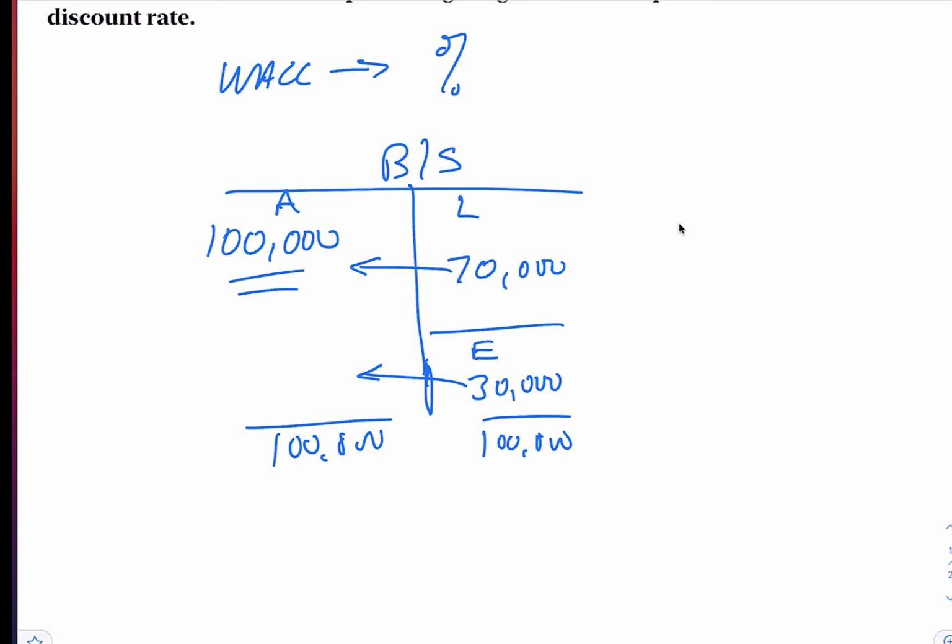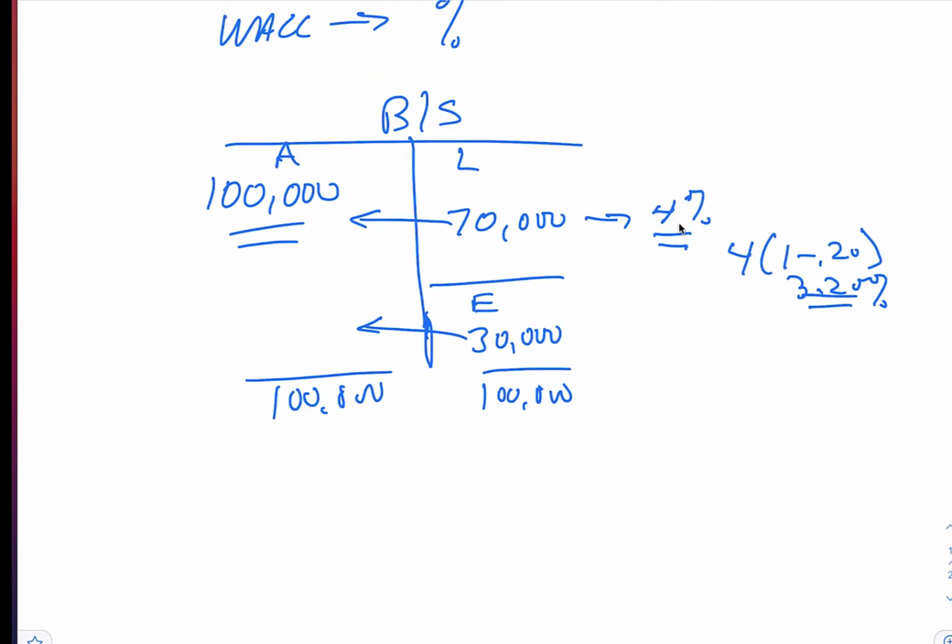Now, if the mortgage rate was 4%, then that's your cost of borrowing money. You also have to account for the fact you have a tax deduction associated with mortgage interest. So it's really not going to cost you 4%. It's going to cost you 4% times 1 minus your tax rate. Let's say your tax rate is 20%. And so this will only cost you 3.2% on an after-tax basis. So that's your mortgage cost, 3.2% after tax.